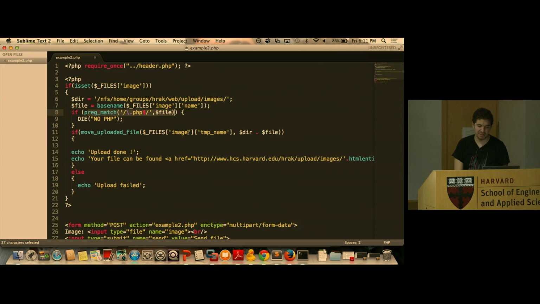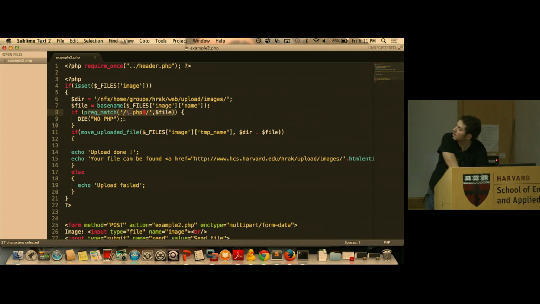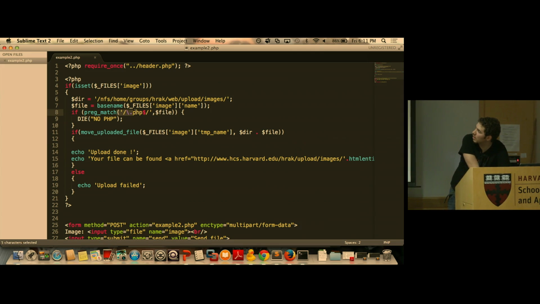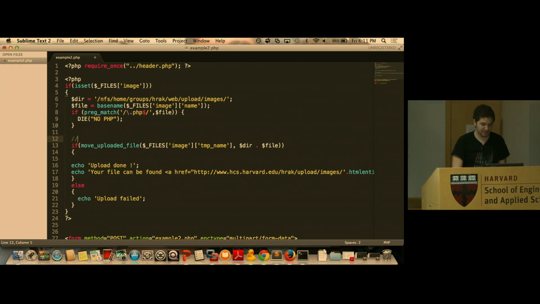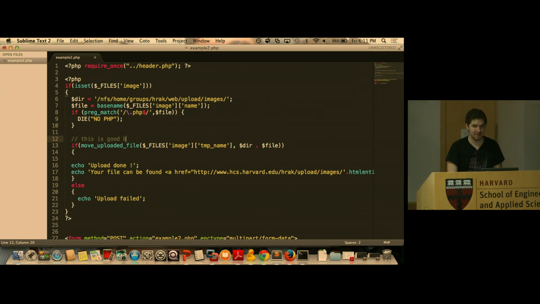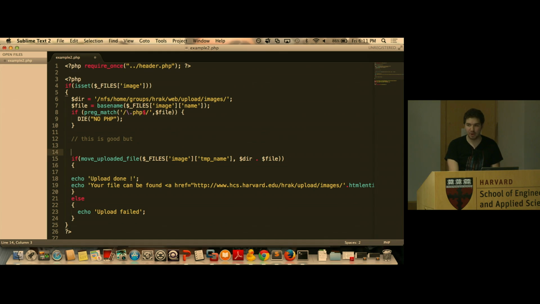Okay, this person right here, so example 2 is checking with preg_match to make sure the end of the file ends with .php. Okay, which is good. But there's a real big problem with this. It's good, but if I were to put a file called something like my favorite picture